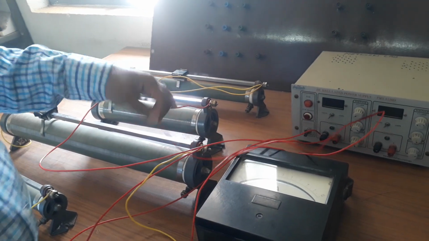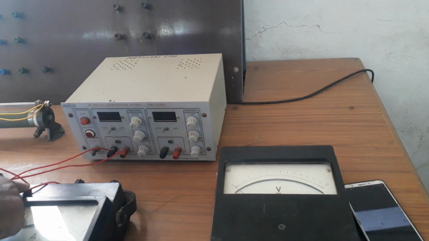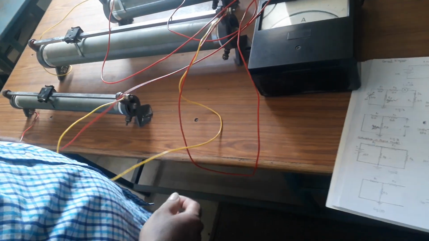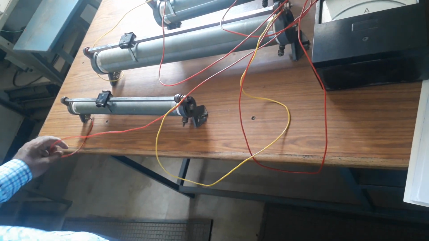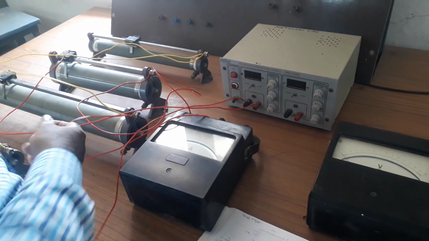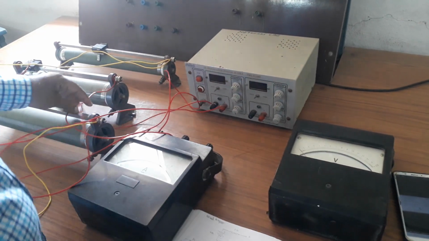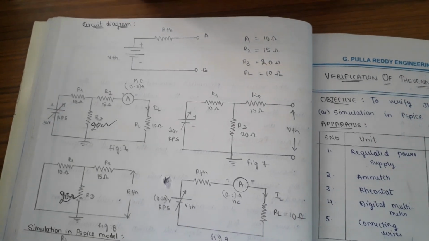The other end of the 15 ohm resistor goes to the ammeter, and the other end of the ammeter is connected to the 10 ohm load resistance. The other end of the 10 ohm load is connected to the 20 ohm resistor, and the 20 ohm resistor is connected to the negative supply. These are the connections for Thevenin's theorem for the main circuit, that is, the primary circuit. When the supply is given,